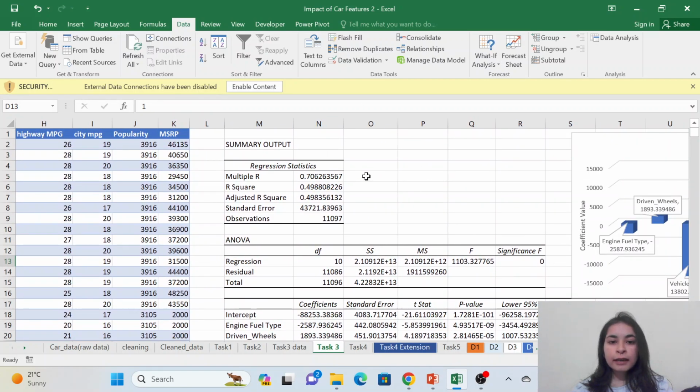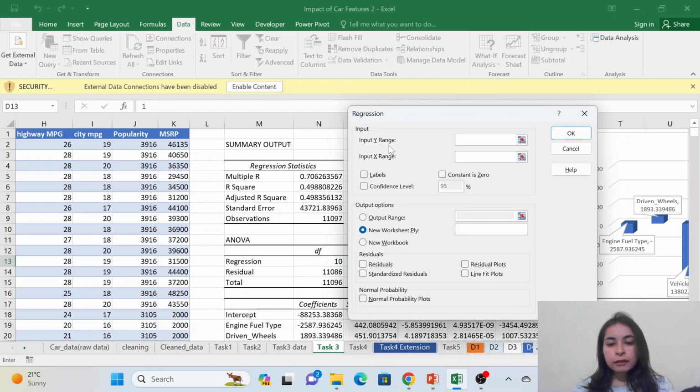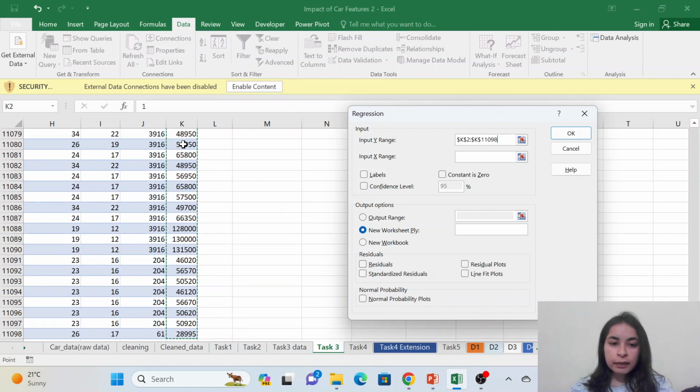And for the data analysis, the regression analysis we use, in the data tab, we can see that there is a data analysis option. With this, we select regression. We click it, and we have to put the input y range. Input y range denotes the variable which is dependent. So in this case, our price MSRP is the dependent variable. So we will simply select it, and for the x range